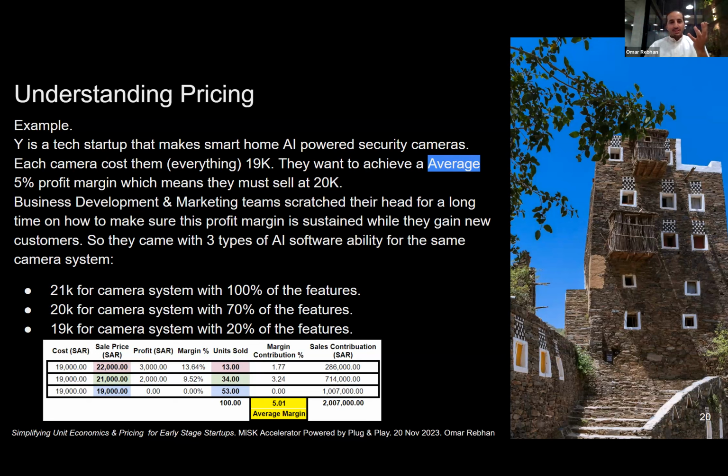So the business development team and the marketing team scratch their heads for a long time on how to make sure this profit margin is sustained while they gain new customers. So there's a marketing perspective, a pricing perspective, and business development. They want to make more money anyway. So they came up with 3 types of AI software ability for the same camera system. They have a camera system, and they made 3 types of software